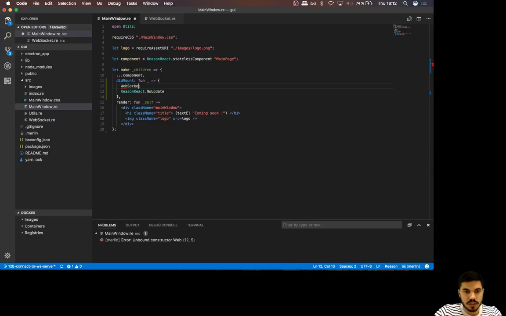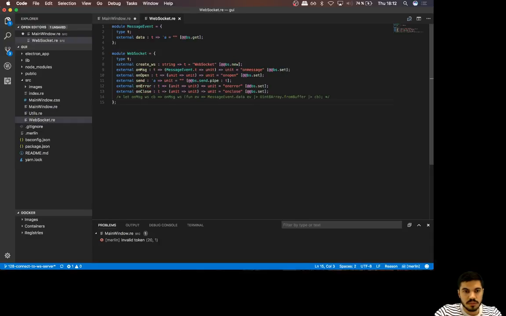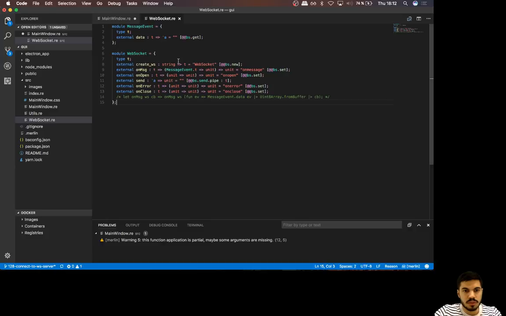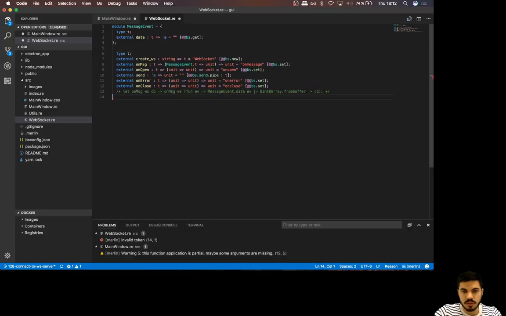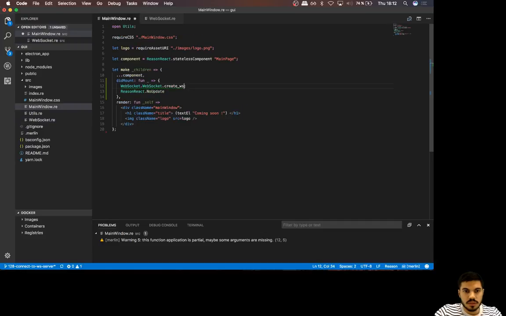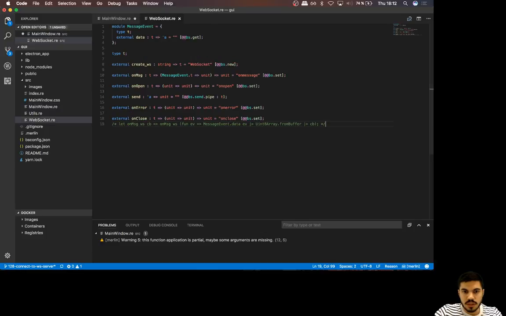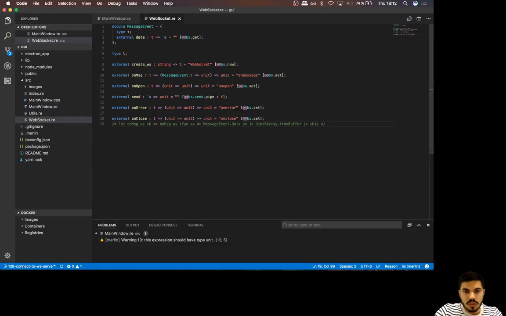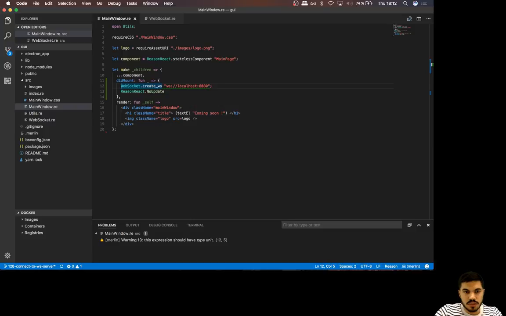So I'm gonna do WebSocket... should I do WebSocket again already? This is weird. And then I can, okay, this is a bit weird. Maybe this shouldn't be in a dedicated module because I'm already in the WebSocket file. So I'm just gonna do this, createWebSocket, and it takes the URL, so I'll just connect for now to localhost. Let's say it's UAT. And that's it. And I'm gonna bind this to let